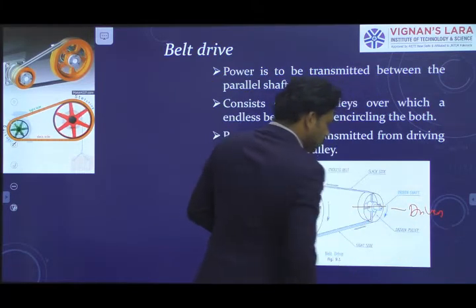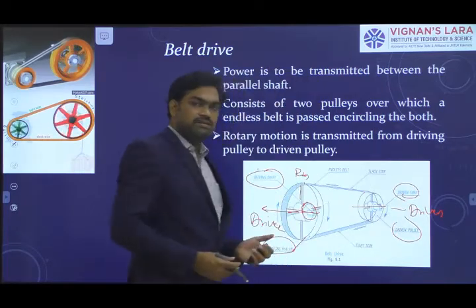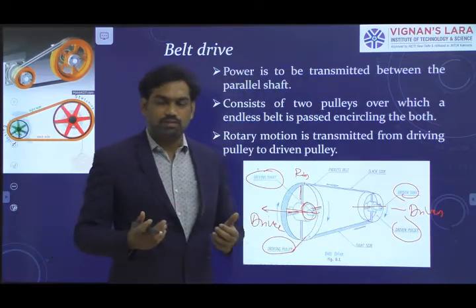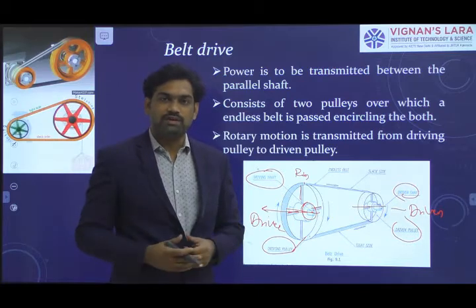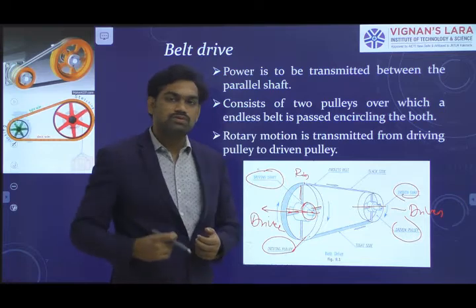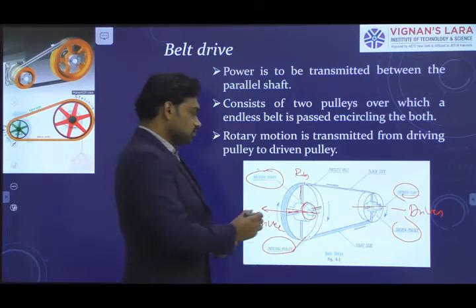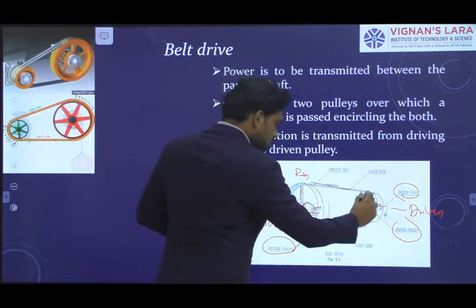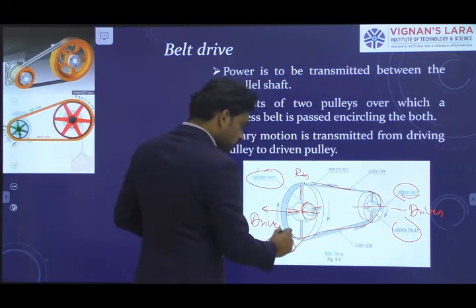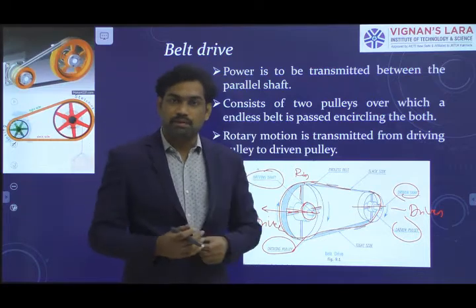So how is the power going to be transmitted? After placing the two shafts, upon the shafts we place the pulleys, the driving and driven pulleys, and we can wrap these two pulleys with the belt. Here you can observe the belt is laced over the two pulleys, from the driving to the driven member.